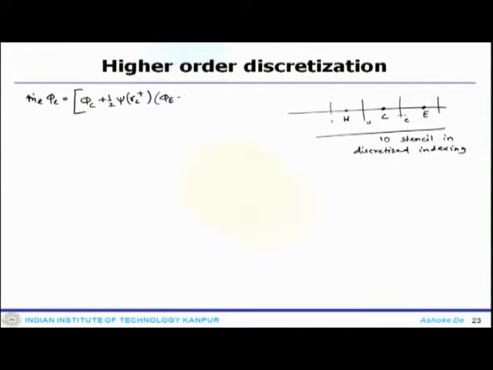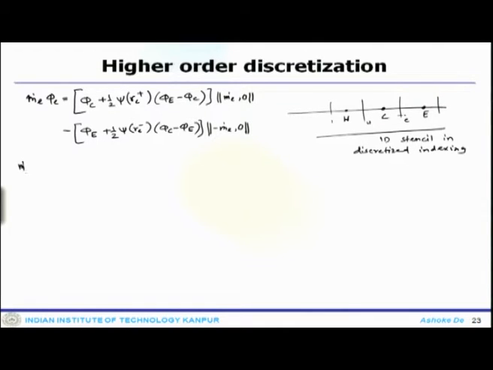And now, if one has to write, this face is the east face, this is the W face, m dot E phi E, then one has to write phi C plus half of psi, in the one dimensional stencil in discretized indexing, psi(R E plus) times phi E minus phi C multiplied with m dot E greater than 0, minus phi E plus half psi(R E minus) times phi C minus phi E multiplied with m dot E less than 0,